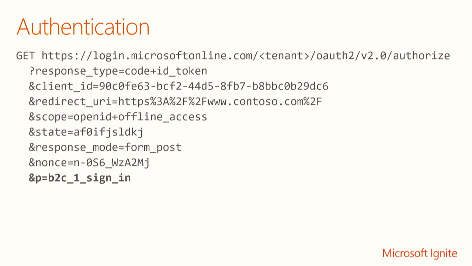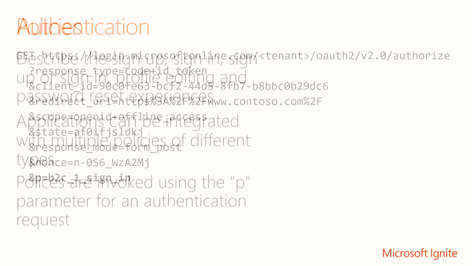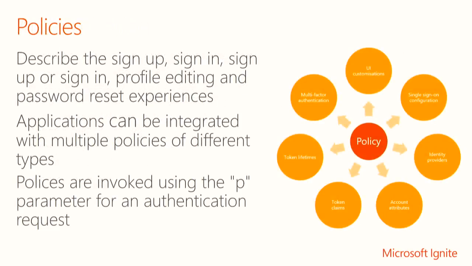But the rest is standard OpenID Connect and OAuth. So policies, as I mentioned, this is the secret sauce. Right? So users sign themselves up using a local account or an external account. You know how to build an authentication request up and redirect users to your B2C tenant. Policies is what binds the end user experience together,